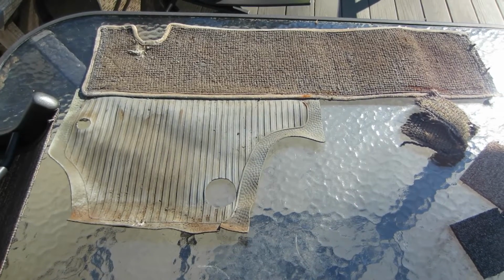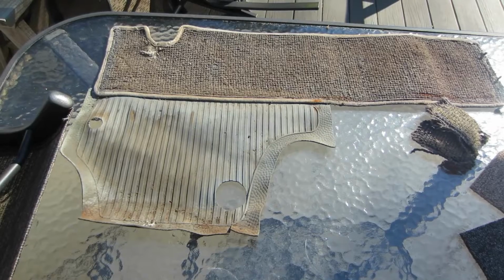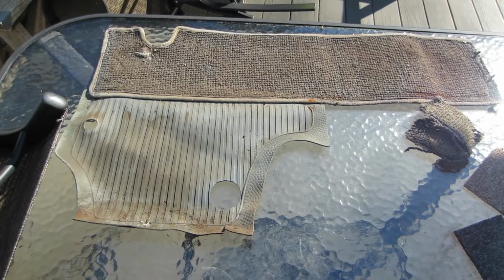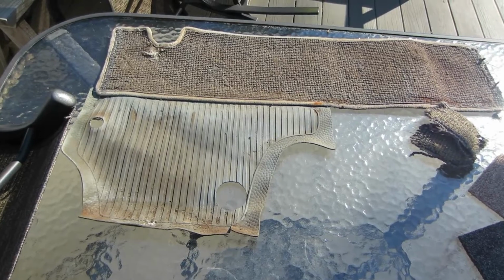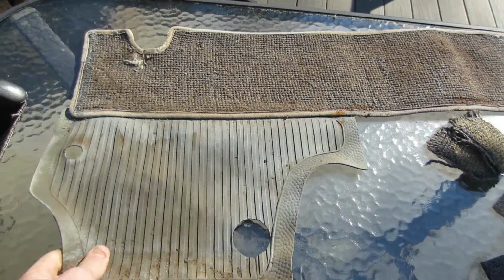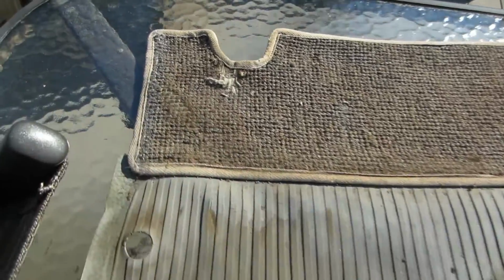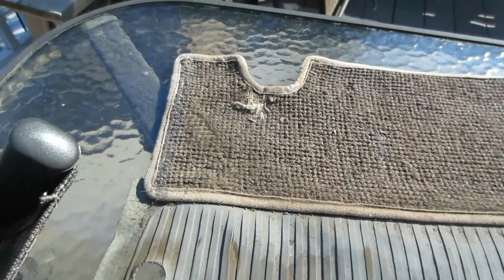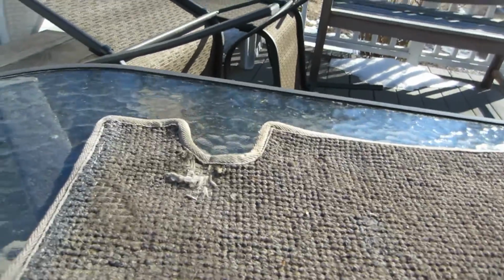Hey, so as I look forward to finishing the interior, I'm thinking about carpet, and I'm gonna go ahead and purchase a TMI carpet kit, probably from CIP1. So I have 3 color options I'm thinking of. And I ended up pulling this piece out of the Beetle, and some of the corners show the real original color. I'm not trying to match it 100%, but